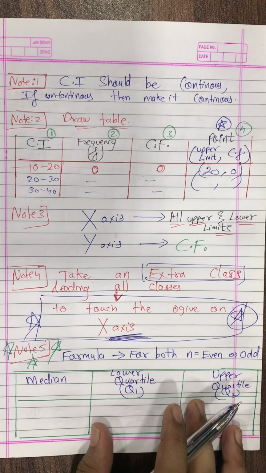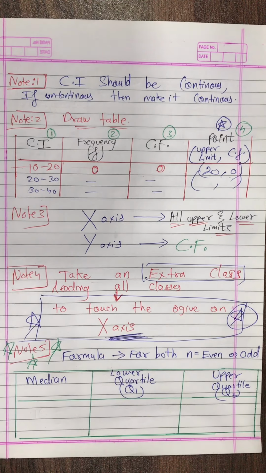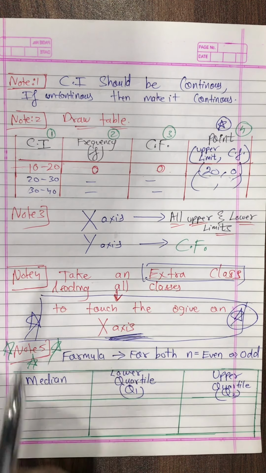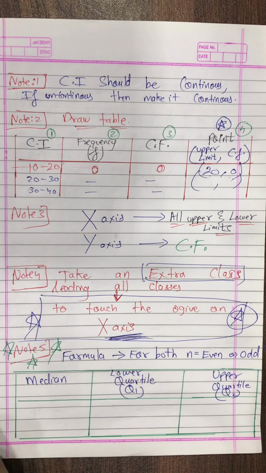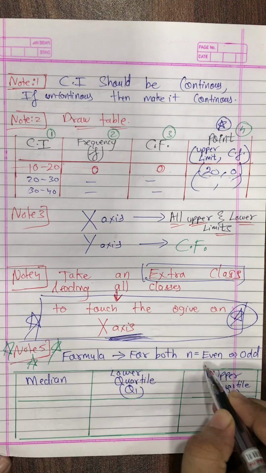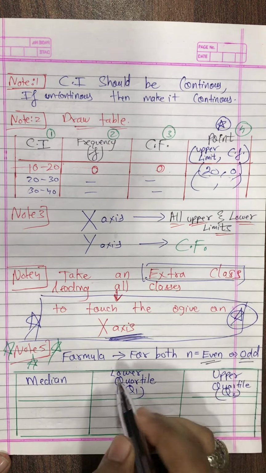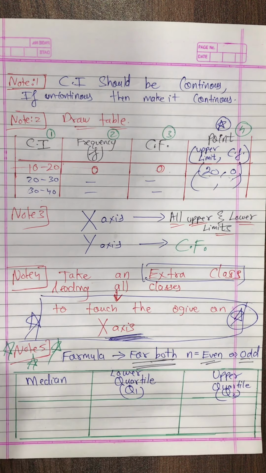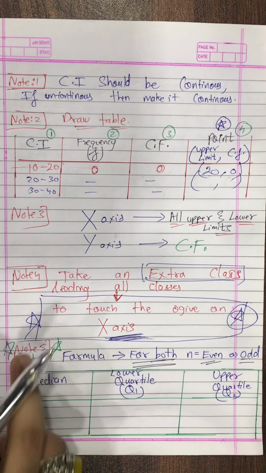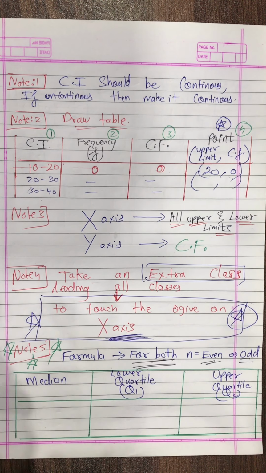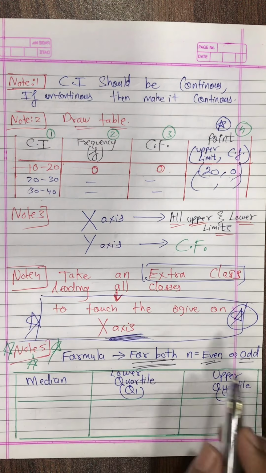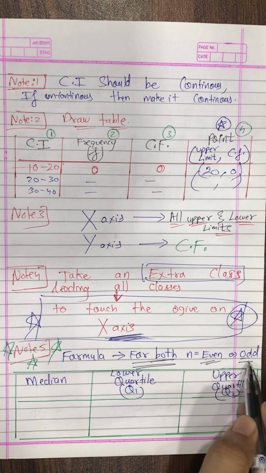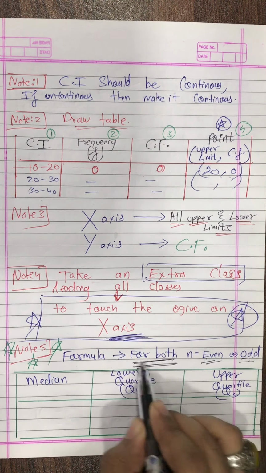Up till now I told you that when we did the raw data, when we find out the median of raw data, when we find out the median of tabulated data, there were 2 different formulas when n is even and n is odd. But now we have a common formula for both. I repeat again, only in this drawing ogive or finding median of group data or drawing cumulative frequency curve, if n is even or n is odd, it does not matter. We have a common formula for both.